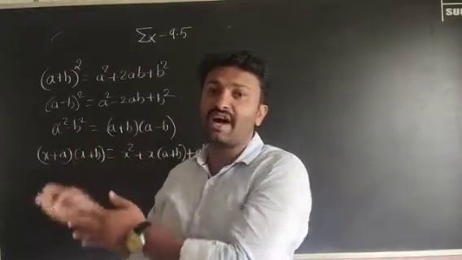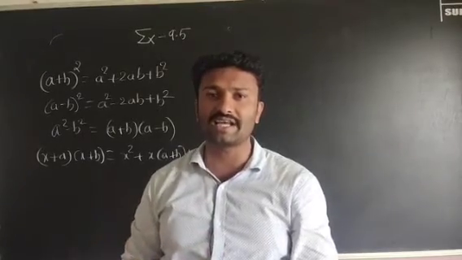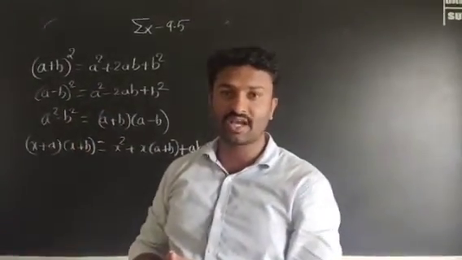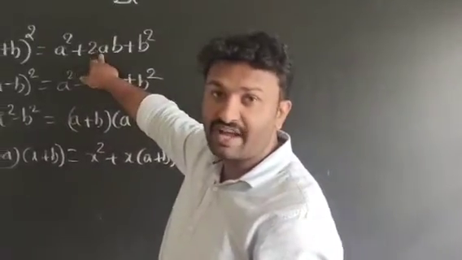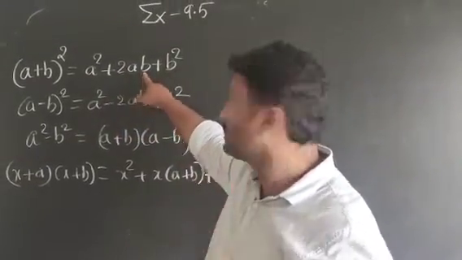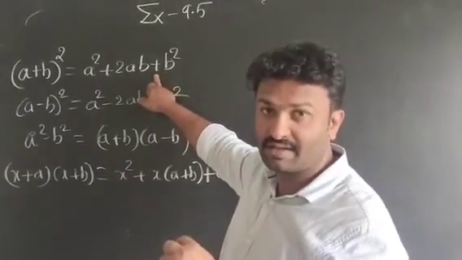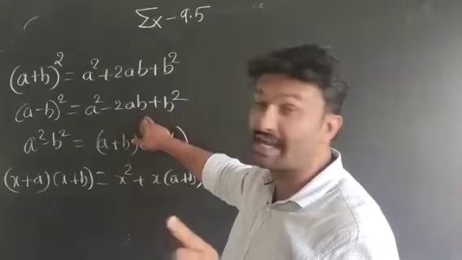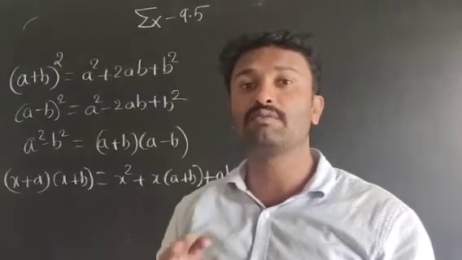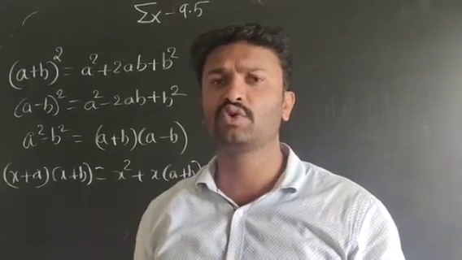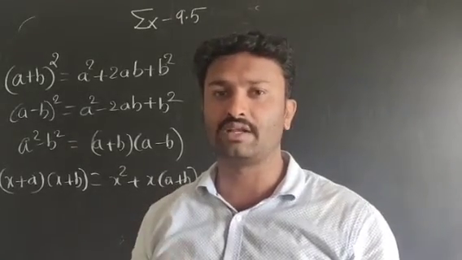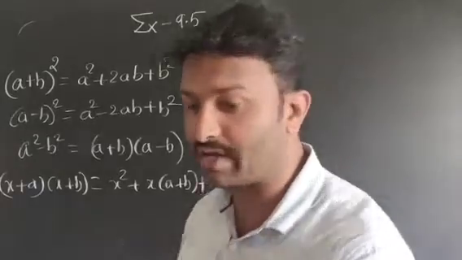Again in 9.5, this exercise is truly based on the same identities. This is 9.5 first main, this is 9.5 second main exercise. 9.5 first main is based on the first identity. 9.5 second main is based on the second identity. This means you have to remember the identities first. If you don't know the identity, it's very difficult to find the result. Okay, we'll go one by one. 9.5 first main, first one.